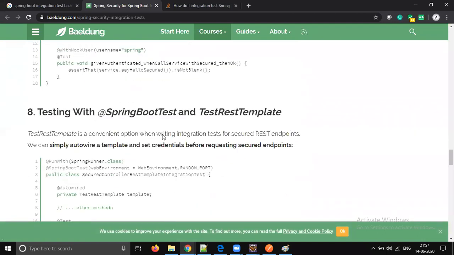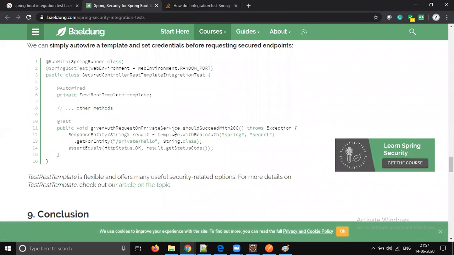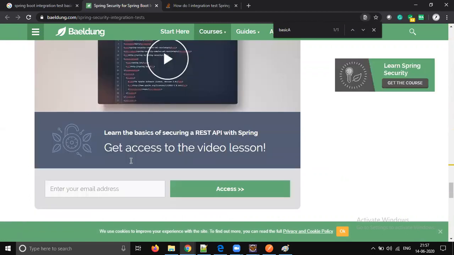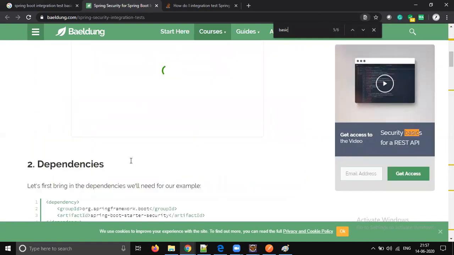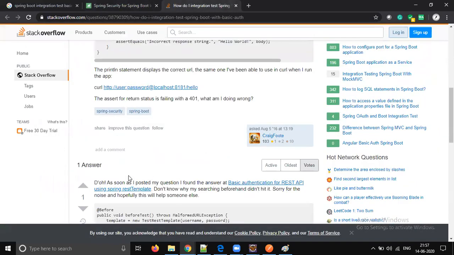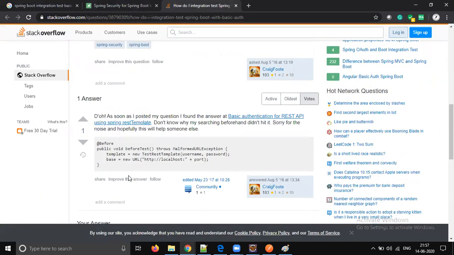Spring Boot test. Okay, template dot with basic authentication. Test template?